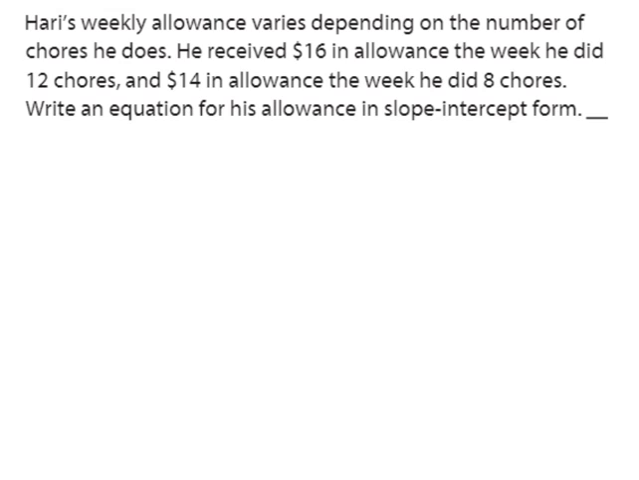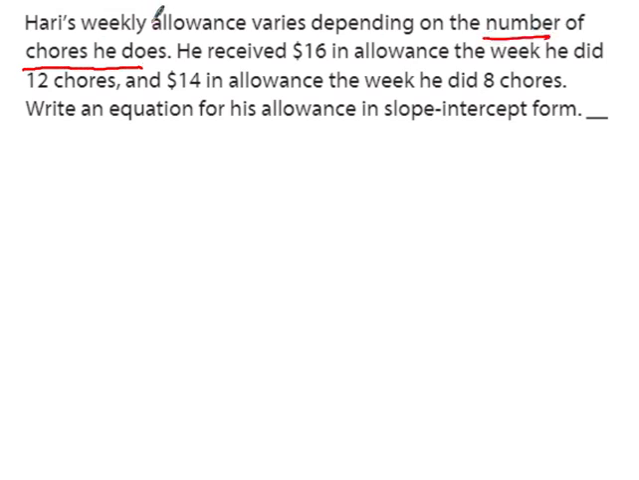All right. Here we go. We're moving along here. Try this one on your own first, and if we just don't get it, we can watch. But see if you can write the equation first on your own. Harry's weekly allowance varies depending on the number of chores he does. He received 16, so the number of chores he does